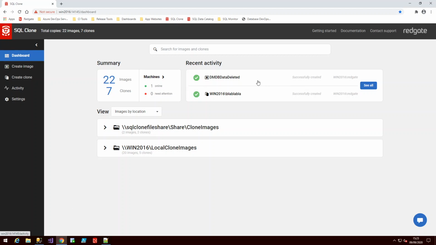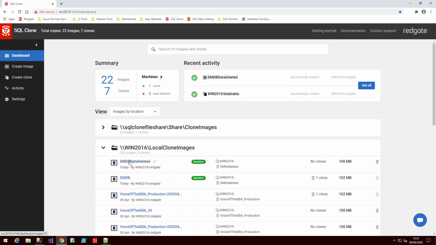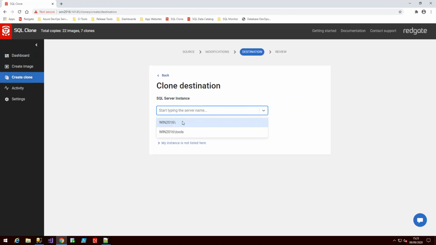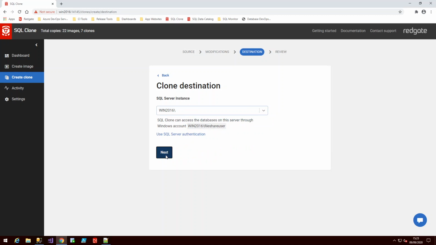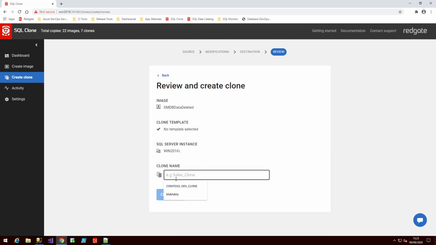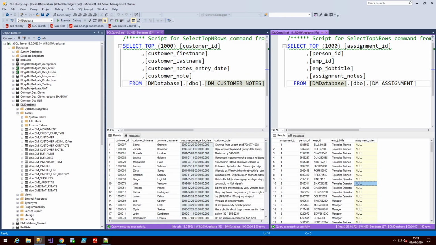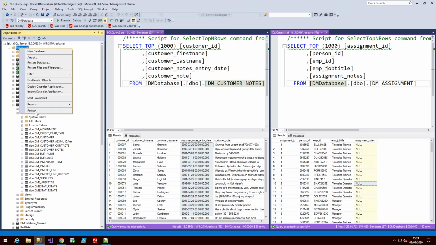Now that our image has been created, we can go ahead and create a clone from it. And for simplicity, I'm going to create it onto my Win 2016 instance, and I will give it that same name. We hit Create Clone, and if we now head over into Win 2016 and refresh our databases,